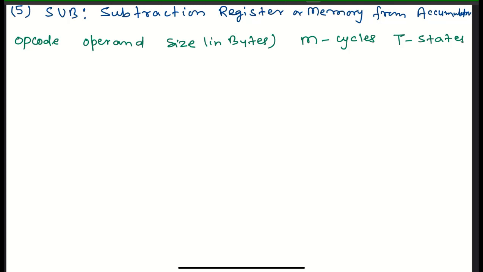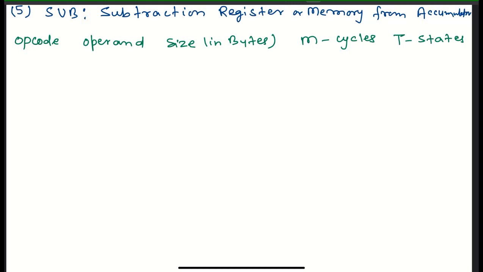So now in this video I'm going to explain the subtraction instruction, which is SUB. It has the function of subtracting a register or memory from the accumulator. It means whatever content is in the register or at the memory location, that value should be subtracted from the accumulator, and after performing this subtraction operation the result should be stored into the accumulator